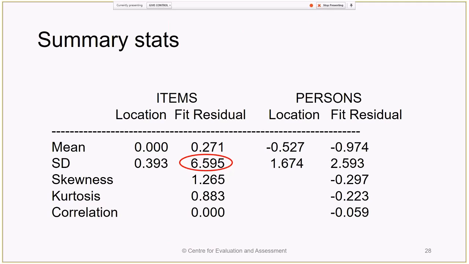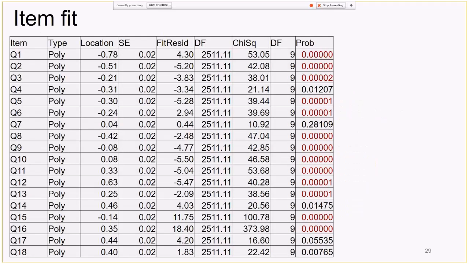So remember before I said the mean of items is set to 0, and we have a standard deviation of 1. So look at that massive standard deviation, 6.59. That's for the items. On the other side, we have the persons. We also have a massively large standard deviation here of 2.593. And as we dig into the questions and how they're functioning, especially for the different groups, then we start understanding why our standard deviation is so large and why we're having a problem.